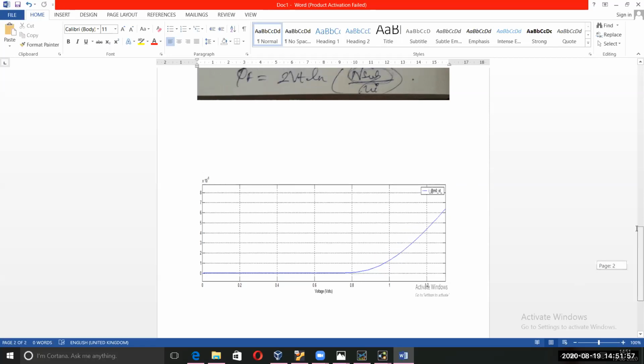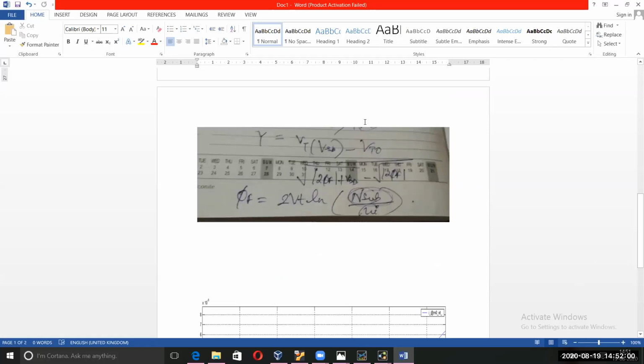Now, how will you calculate the VT? So this is the formula. This equation you can find in the CAN, just after Shatabdi showed you the page for that lambda. You will find it for the gamma under that only. So gamma is equal to VT of VSB minus the threshold voltage. Okay, our VT of VSB is now around 0.78. Take 0.78, then minus VT0, which is 0.49, that is the model file value, divided by root over of 2 phi f.